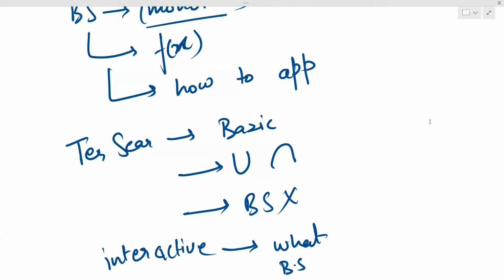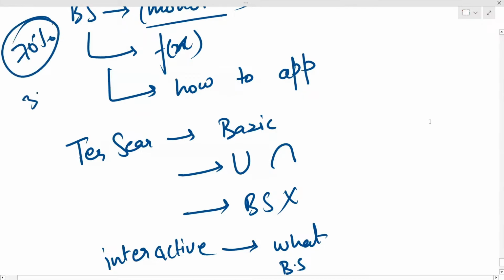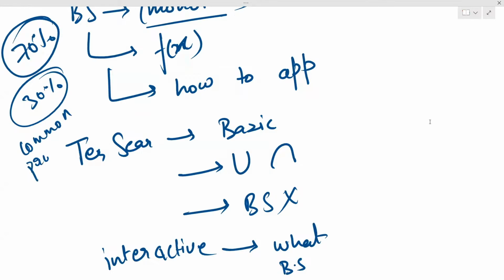So this is around 70% of what we had to cover today. Now the remaining 30% is common mistakes and problems. So around 70% of this was theory. We have covered theory and we have covered some examples. Now the problems that we'll solve are not just examples, but they are in order to increase our logical thinking,